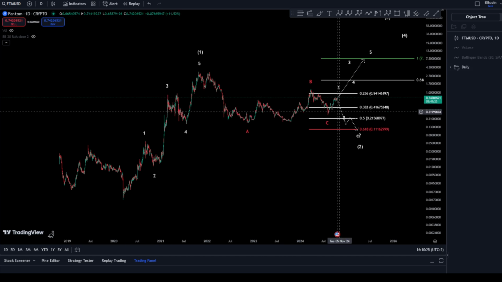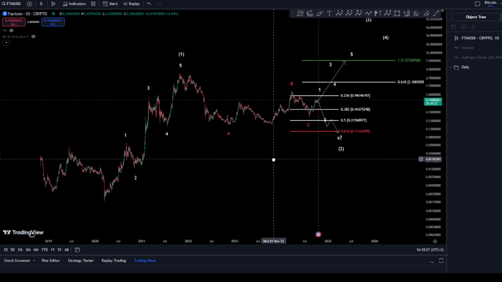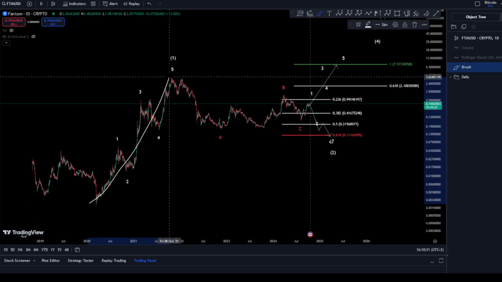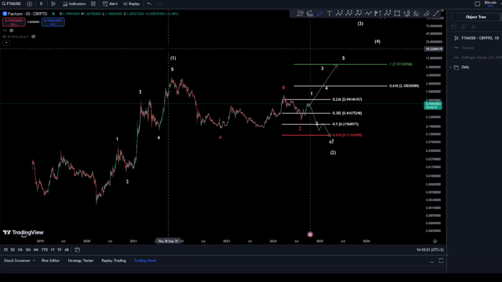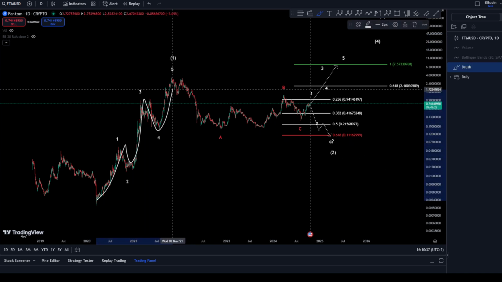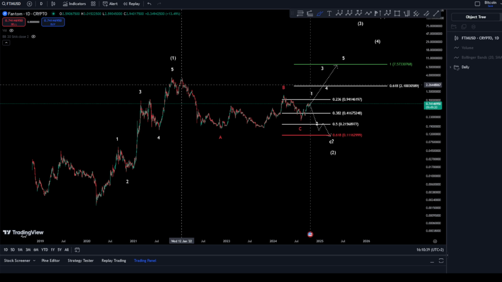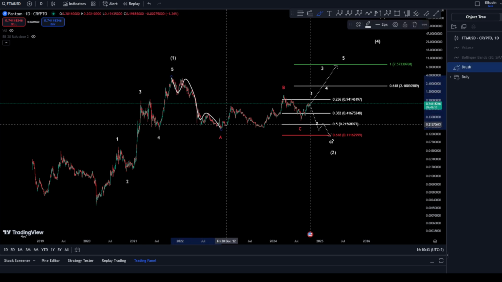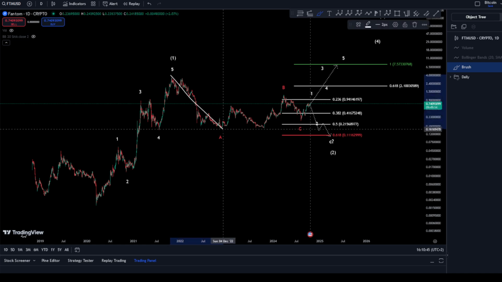So starting with the daily chart for Phantom, we can see that Phantom has already done an impulse for a wave 1 or possibly a wave A. Inside your impulse, of course, you see a very clean and healthy 5 waves toward the upside, and after this we've seen another 5 waves toward the downside, claiming of course this is a wave A for a correction,